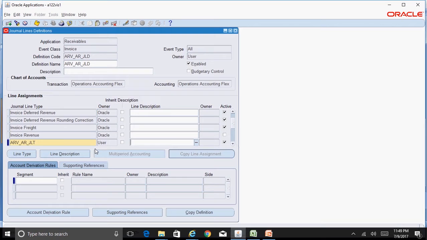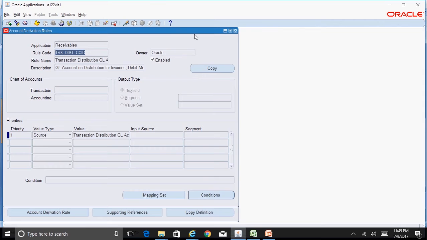Save this. The other thing you need to do is associate an ADR, which is an account derivation rule. You can copy the standard account derivation rule and create your own custom ADR and associate that ADR to your custom JLT. Put your cursor here, click on Account Derivation Rule. This is the standard account derivation rule.